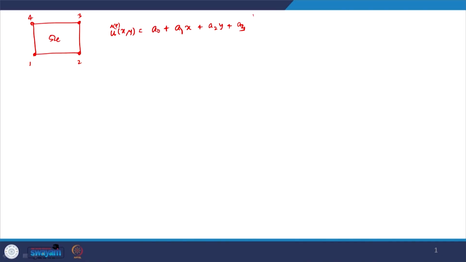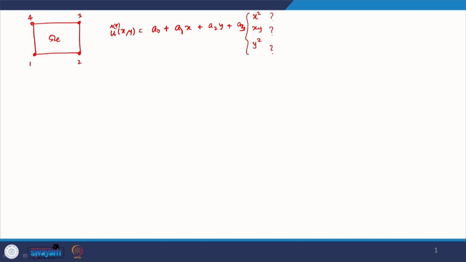So, high degree polynomials can have very wild fluctuations. So, we should have as low a degree as possible. The lowest degree additional term would be second degree. So, possible candidates here are x square, x y and y square. Which of these 3 should be included? Of course, only one can be included.